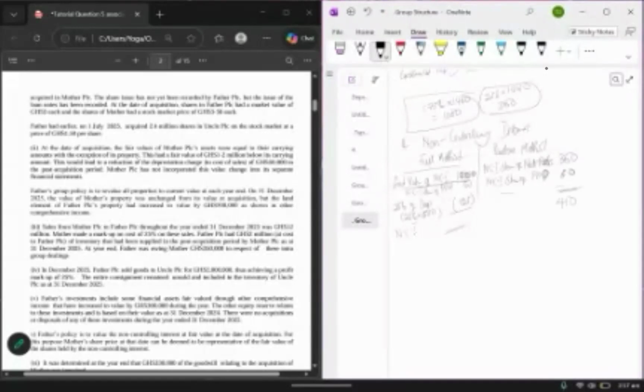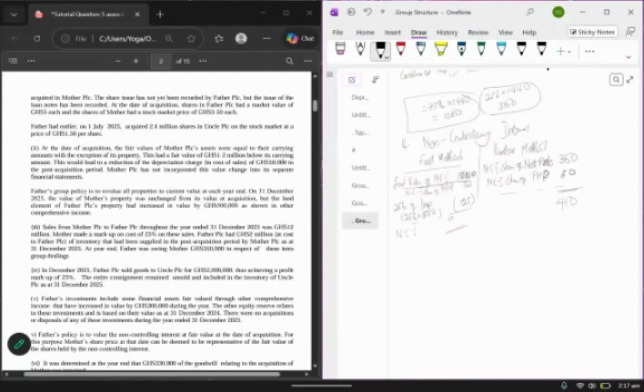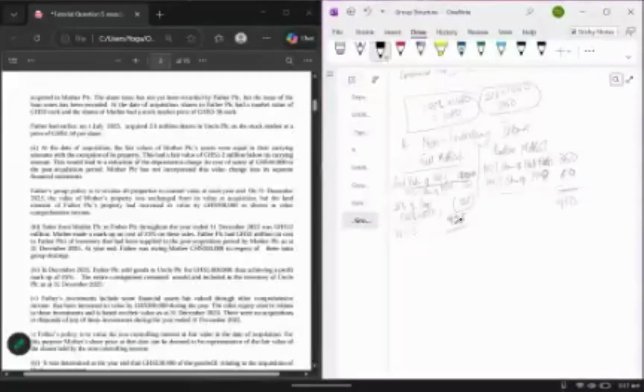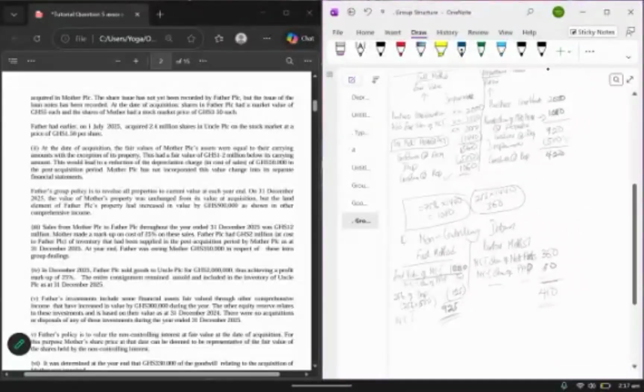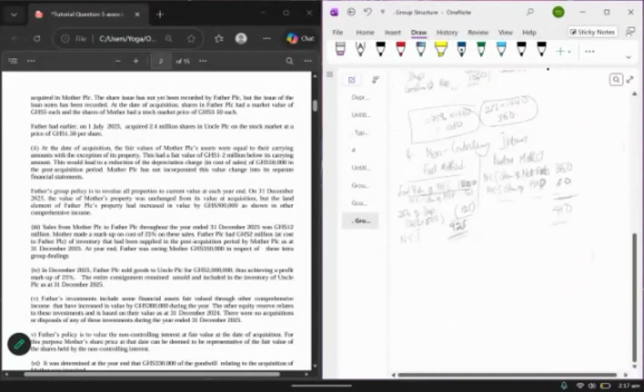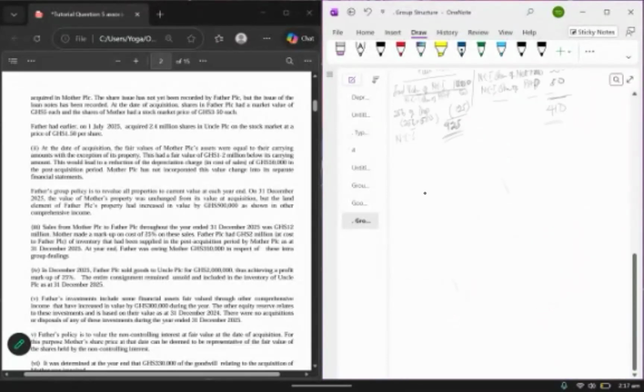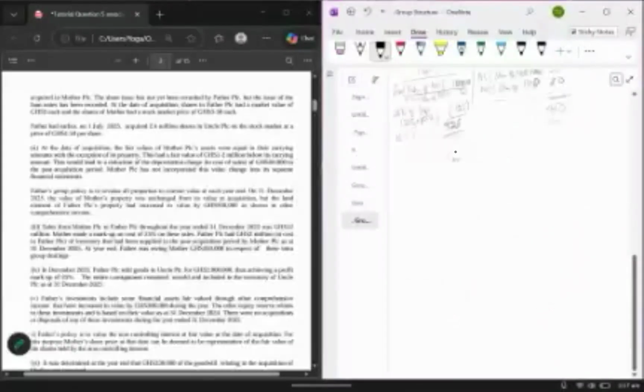Let me add, this one will be 925. Okay, so this is the difference between what? When you are doing the full method and then the partial method. With the partial method, the basic difference is the treatment for what? The impairments. Okay, and then when you are doing the group retained earnings too,